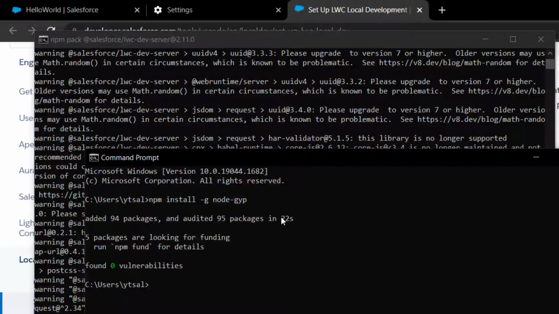Once this command is successful, you run second command, that is npm install